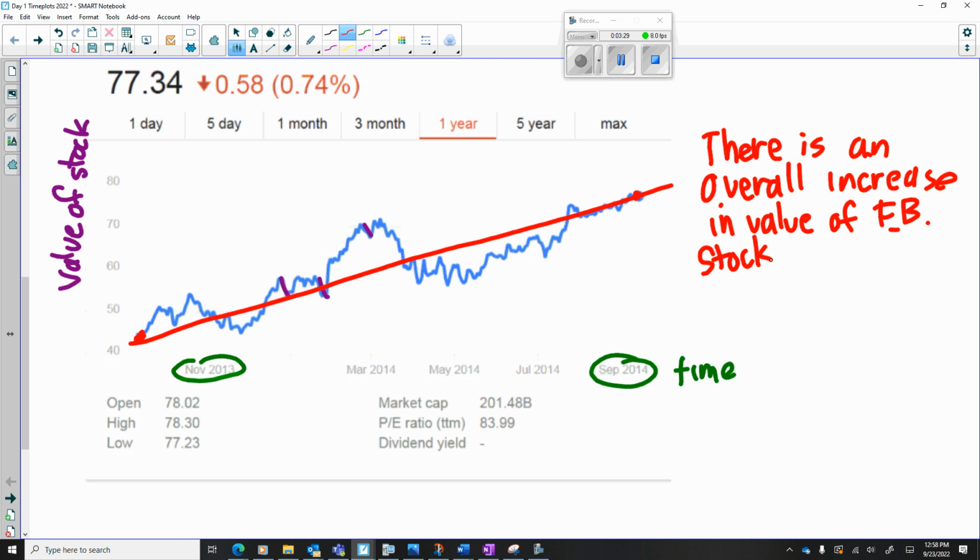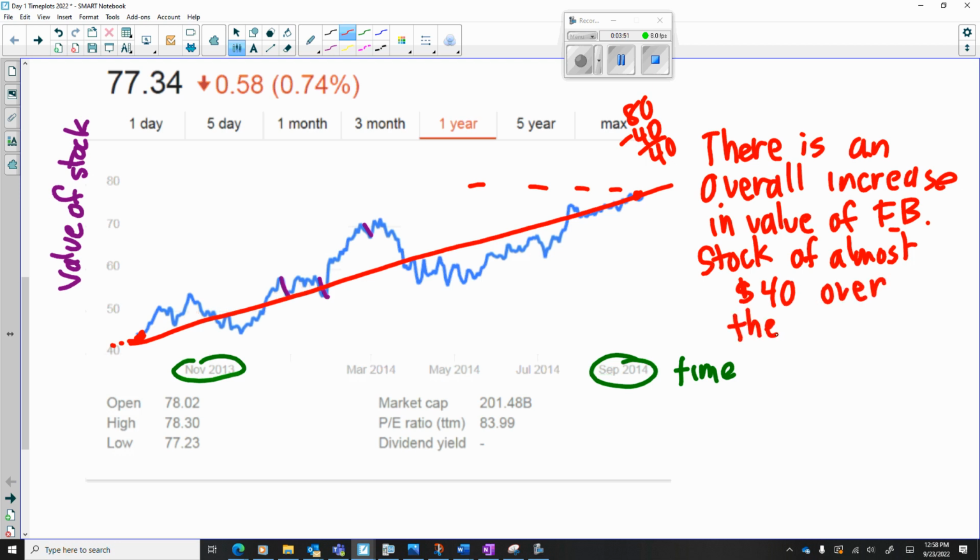And it looks like it's going from about $40-ish to almost $80. So I'll say of almost $80. Sorry, 80 minus 40 is 40. So almost $40 over the time period